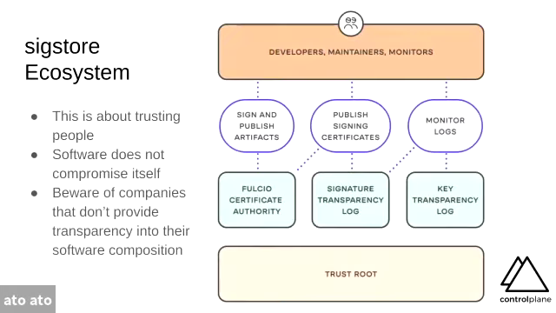Sigstore has multiple other bits in here. So first of all, we're looking at the Fulcio certificate authority. This means that we can essentially generate certificates. That also includes its own network time protocol implementation, because that's key. And we may as well, we could consume something else, but it kind of makes sense to bring that in because time is so important. So we can sign and publish the artifacts. Certificates, again, we can